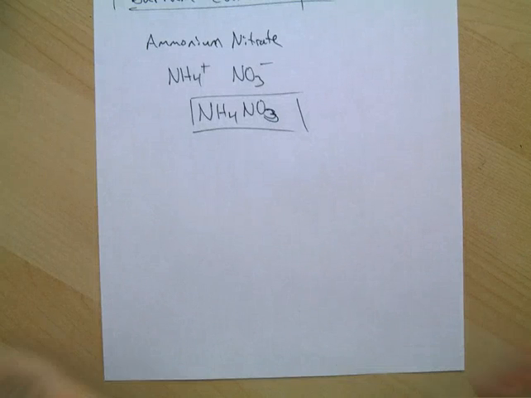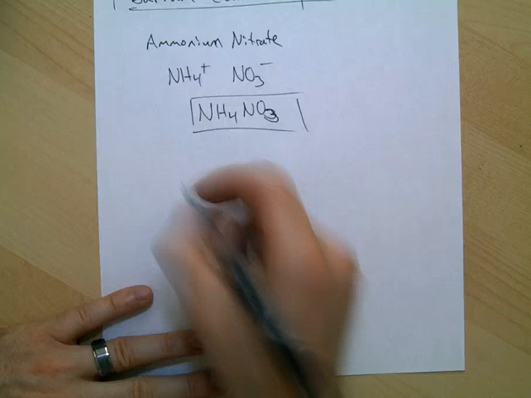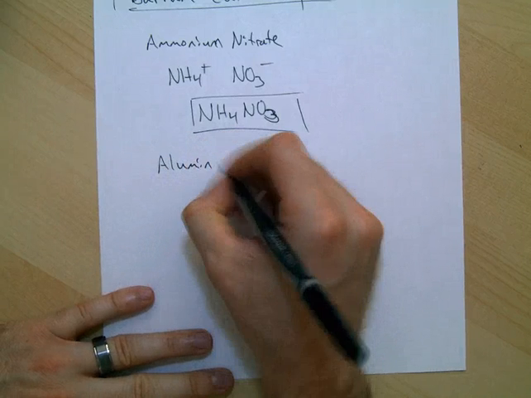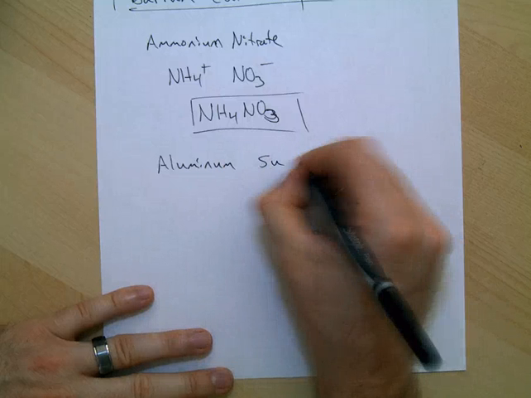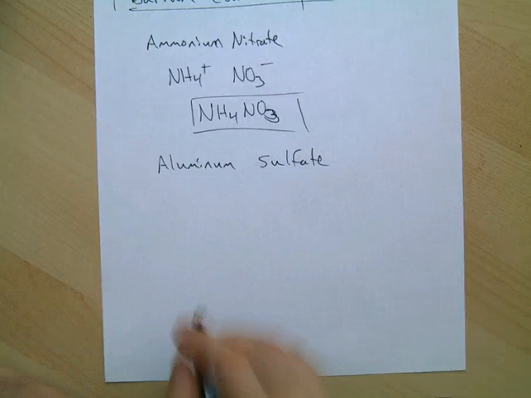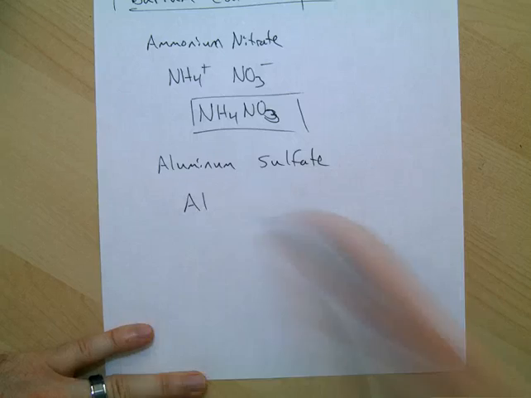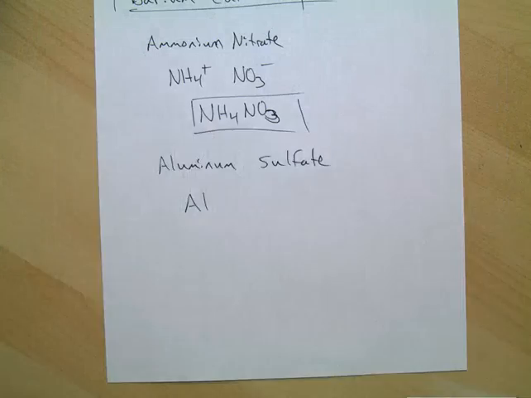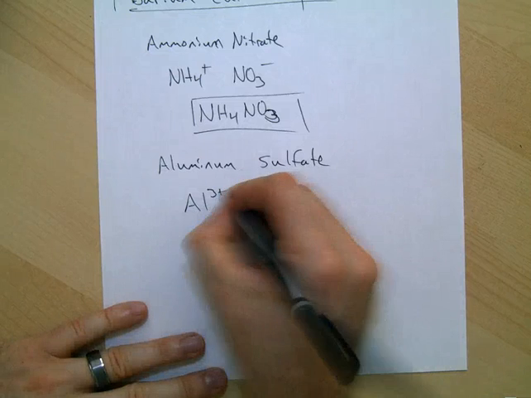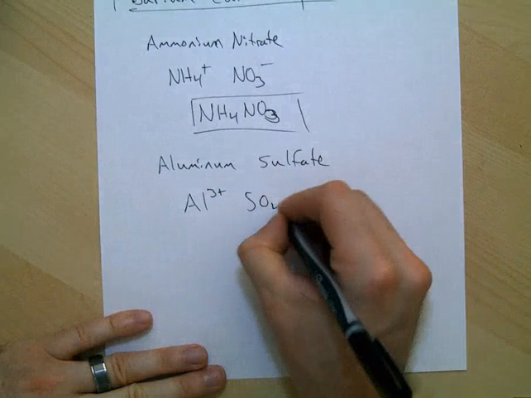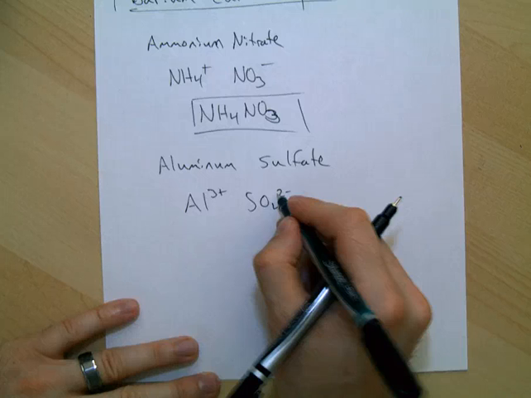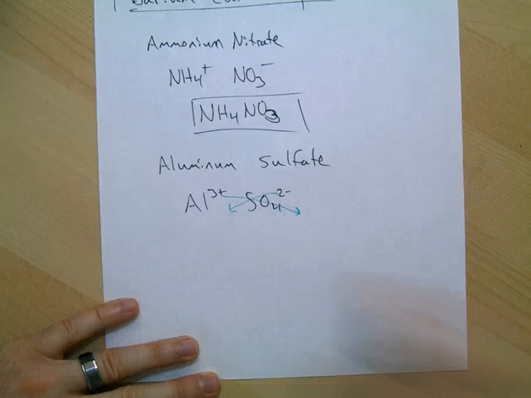Okay, now I'm going to show you one little addition when we're going from name to formula. This is one little thing that we have to sometimes do. Say I'm dealing with aluminum sulfate. Aluminum is Al, and I know aluminum is always a positive 3 charge. It's right here. Has 3 valence electrons, so it's a 3+. Sulfate, we know, is a polyatomic ion because it ends in -ate. Has a negative 2 charge. I have to do my crisscross rule. 2 comes down here, the 3 comes down there. So it's